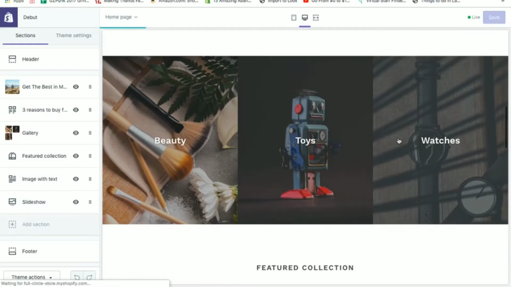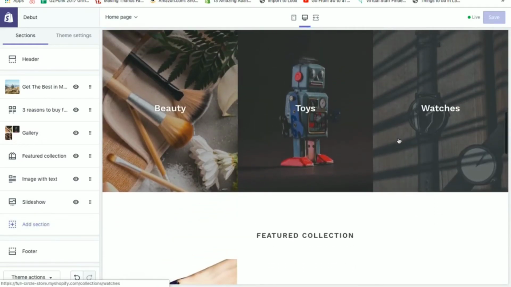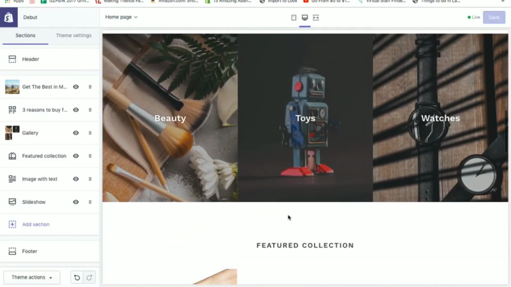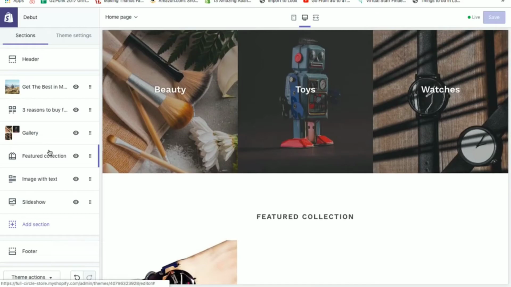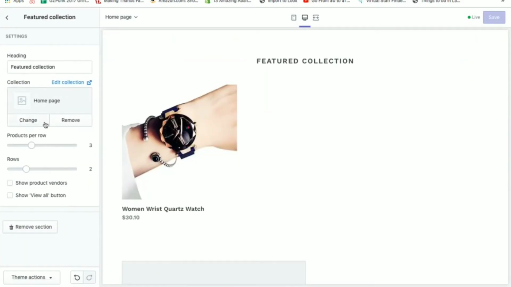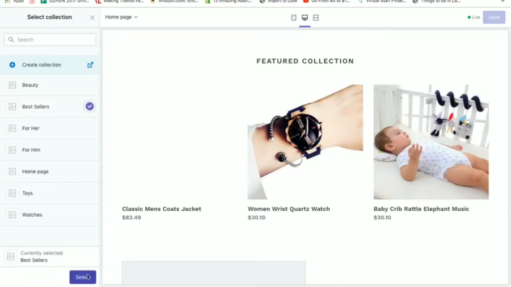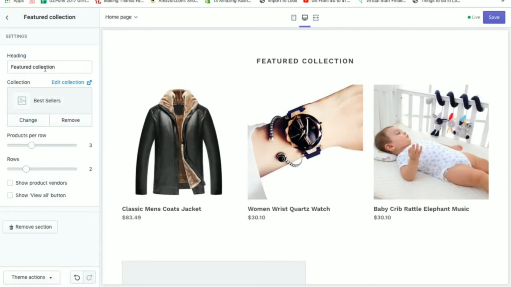So after the featured collections, I want to showcase some of my products in my homepage. Okay, so that they know exactly what I'm offering. So I will use this featured collection that has already been set up here, and let me change to the best sellers. Okay, and I want to change this to best sellers as well. You can put it as best sellers or daily trending or trending now or something like that. Okay, so you can see these are all the products that we have uploaded. Okay, so we click on save,